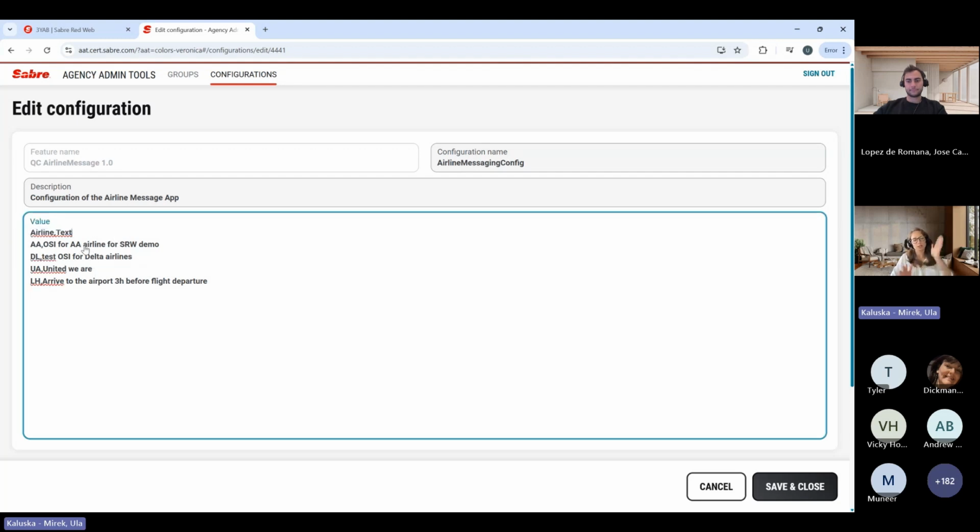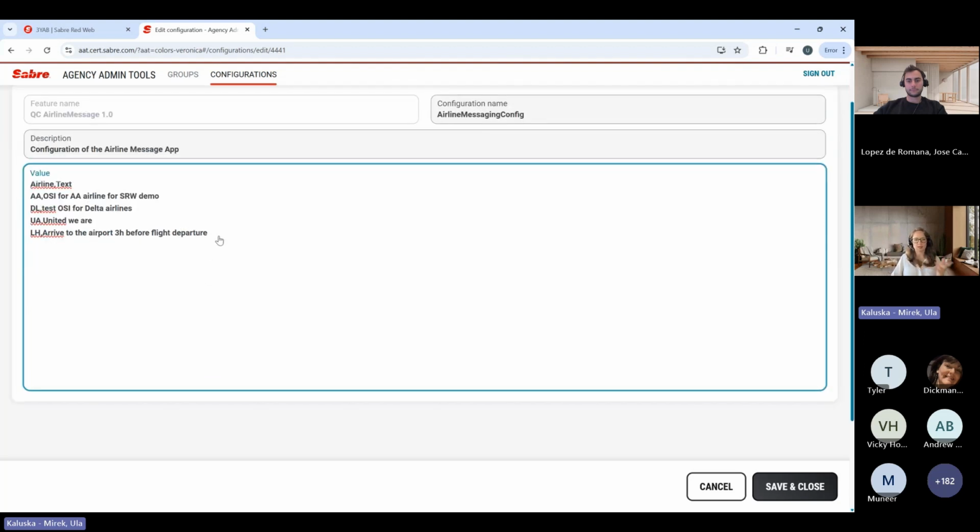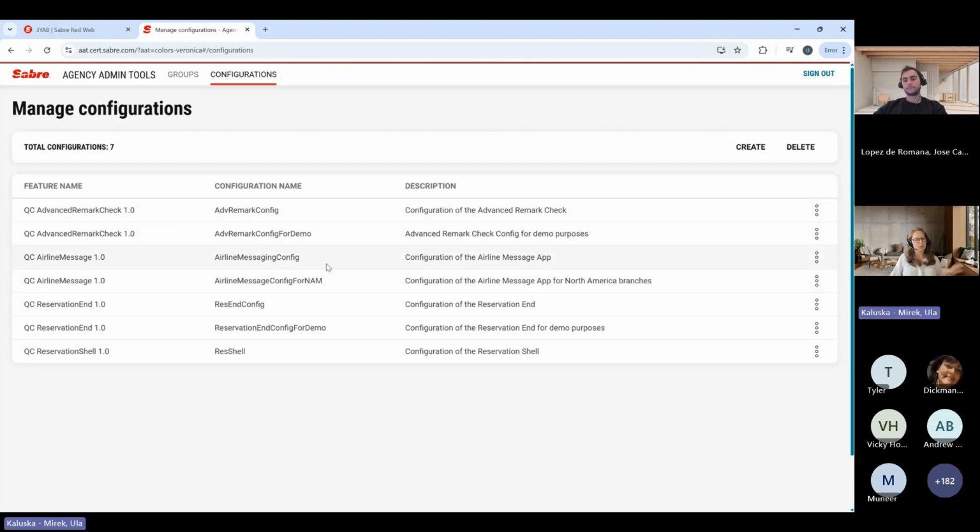We have two columns, airline, text. I can add more lines. I can delete something. I can add even more lines for the same carrier if I have such a wish. So configuration for airline message is pretty easy to understand because this is like two columns separated by commas of